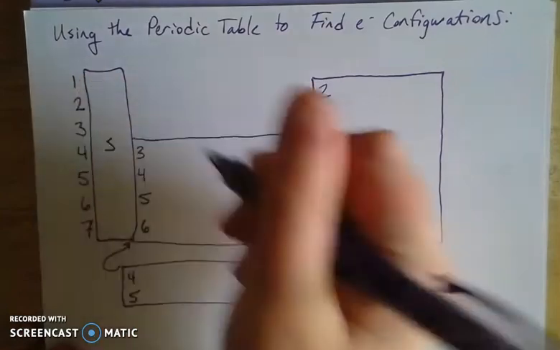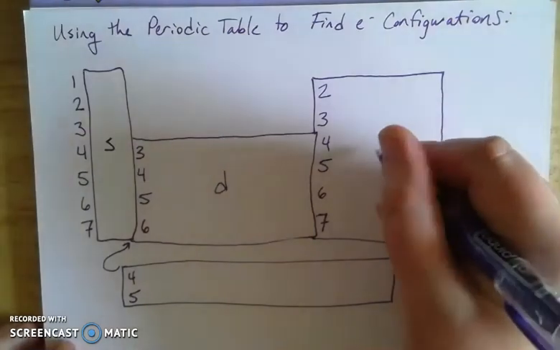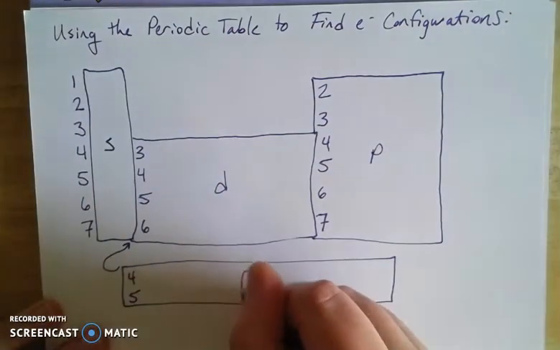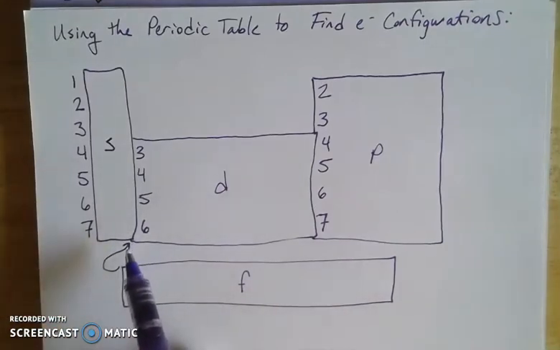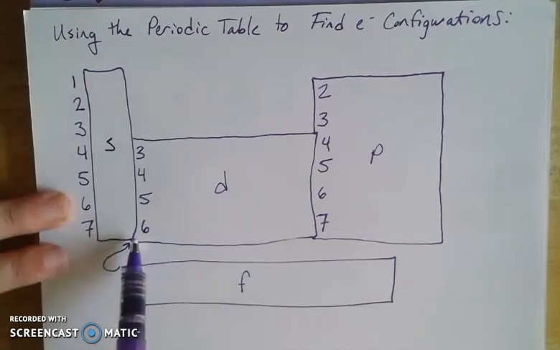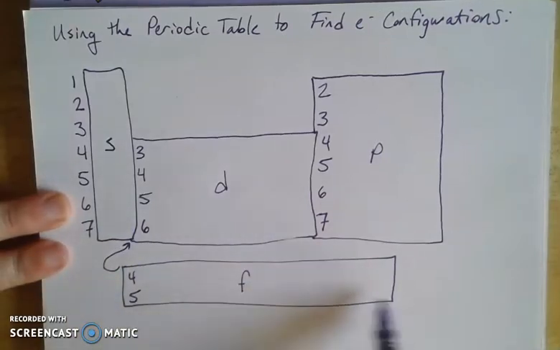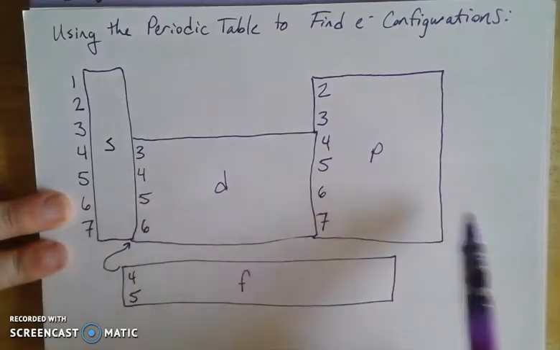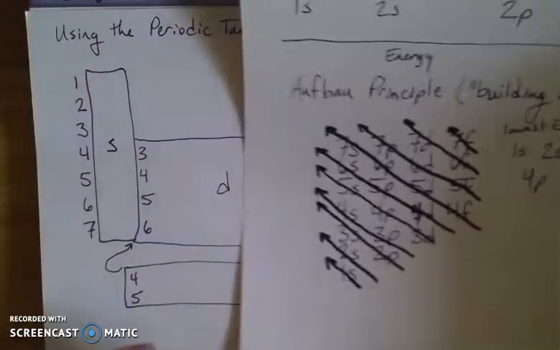So that's kind of what I'm showing here with this sketch of the periodic table. So here's my S block, here's my D block for where the d orbitals are, the P block and the F block. Now recall that the inner transition metals actually fit in right here. So they would fit in after rows 6 and 7. It would go directly from 6 and 7 into kind of row 4 and row 5 here of my F block. And then it would go into 5D, 6P, etc. So if we relate this back to our Aufbau principle,